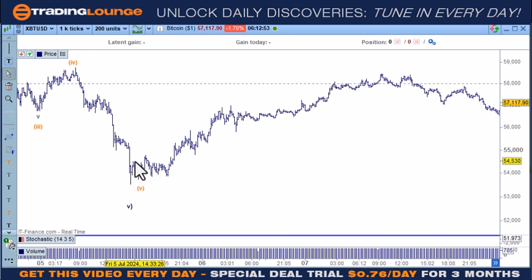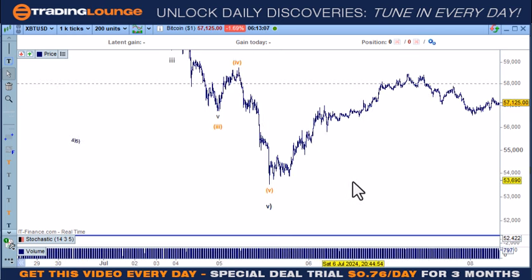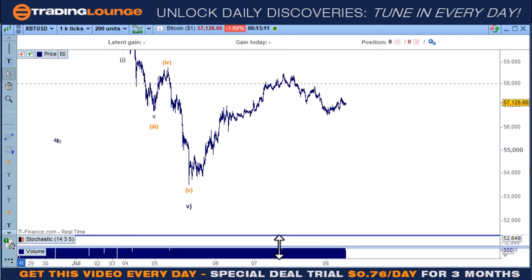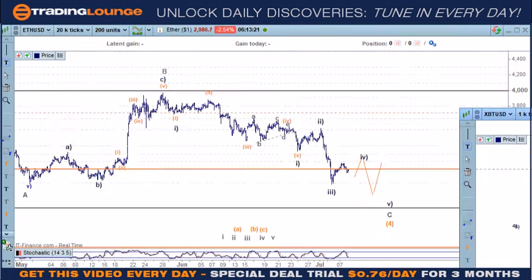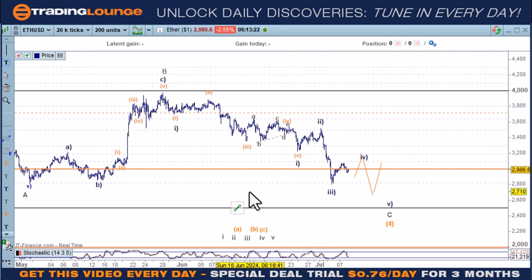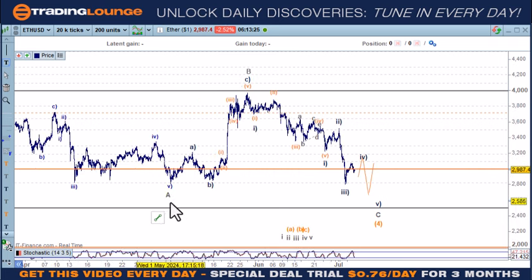I suppose I could go 1 and 2 here, then 1, 2, 3, 4, 5 for the 3rd, the 4th, the 5th. Okay, I could probably do that. But anyway, I'll just see. If this top gets taken out here, then above the 58, then it's likely we've got a low in at that point. I was looking at Ethereum though, and Ethereum, if I look at the same thing, the A, the